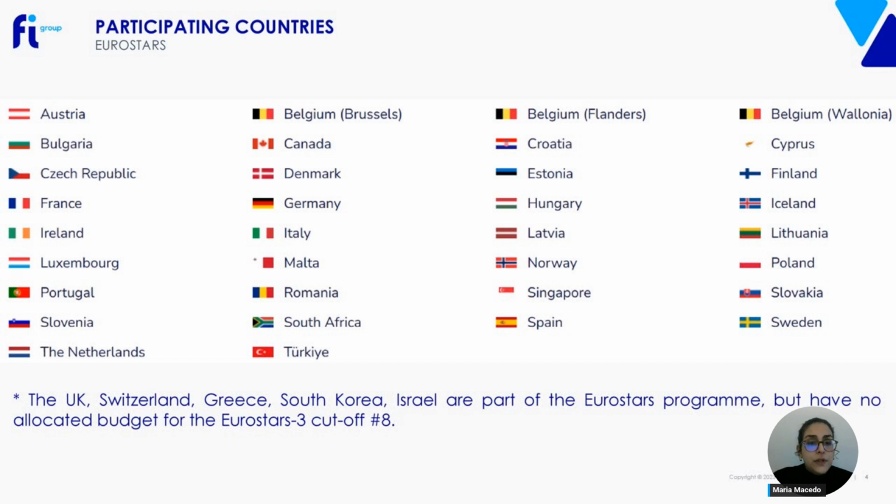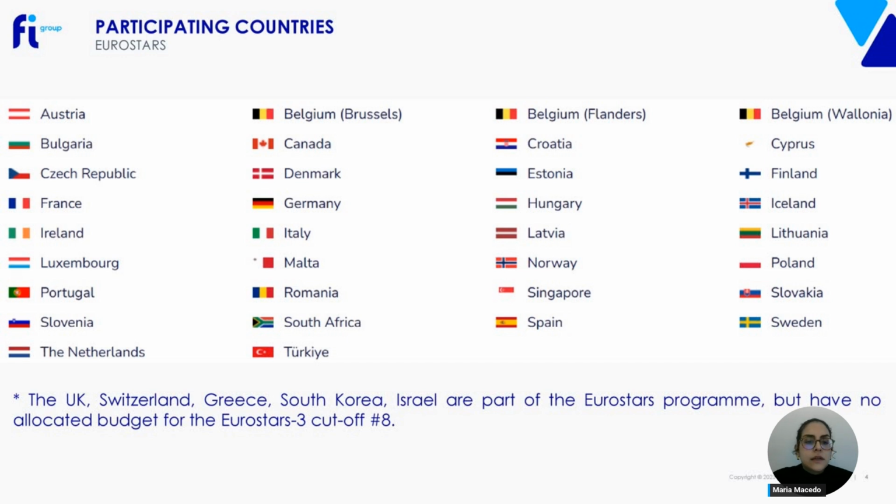And it is really important to check in each call for proposals if there are any restrictions in terms of participating countries. In this case, for the 8th call of the Eurostars, it is important to say that the UK, Switzerland, Greece, South Korea, and Israel don't have allocated budget for this call.